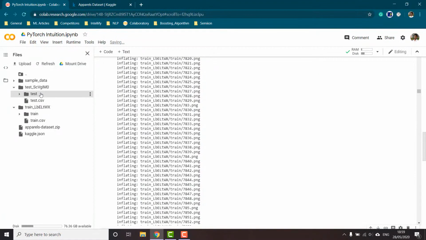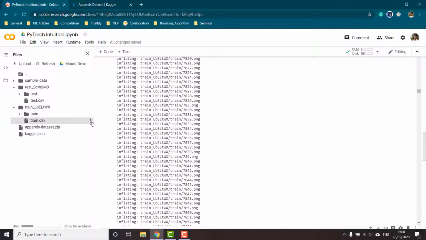The test folder contains another folder, test, which comprises our test images, and a test.csv, which has the names of all the images in the test folder. Similarly, we have a train folder in which we have the images which we are going to train on, and then train.csv, which consists of the name and the class respectively.